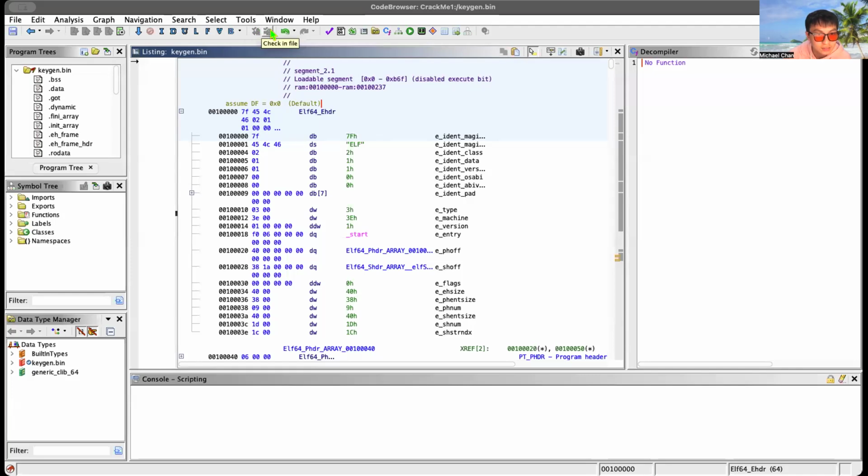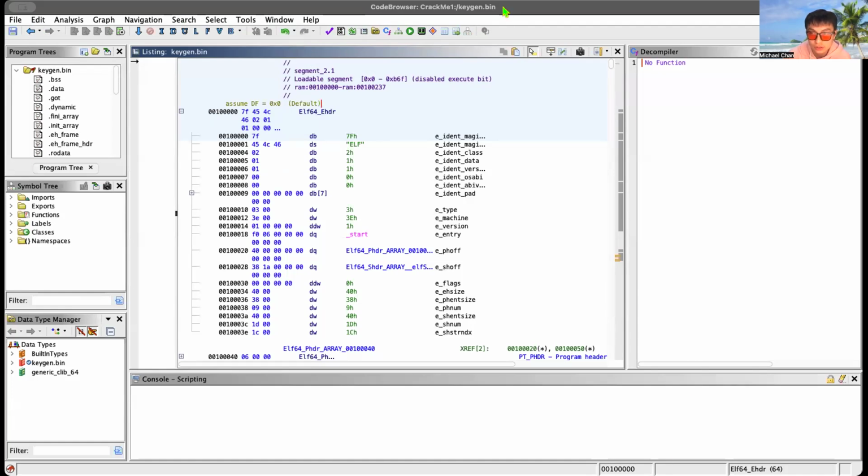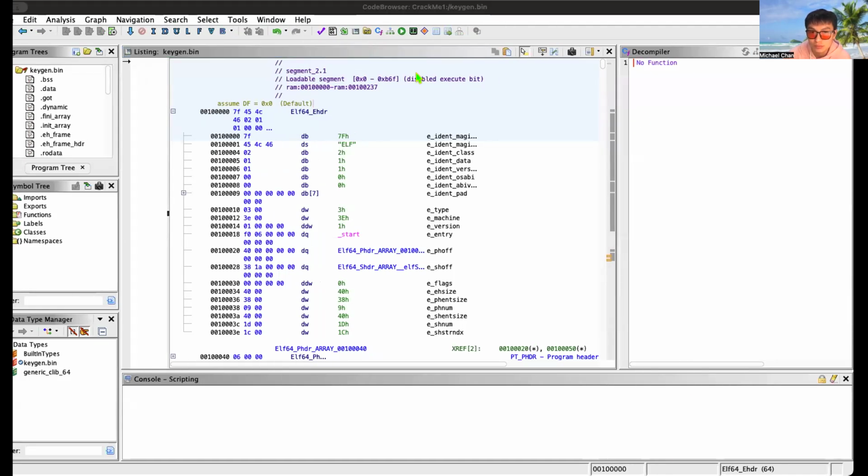Okay. These I understand. This is so cool. Okay, and then I can search, right? For encoded strings, for strings, etc. Okay, so if we go back to